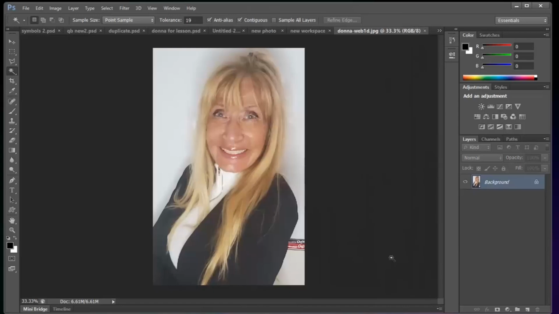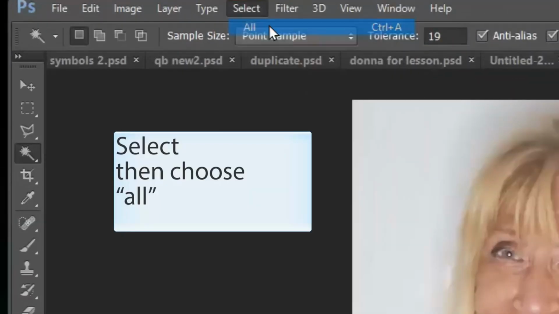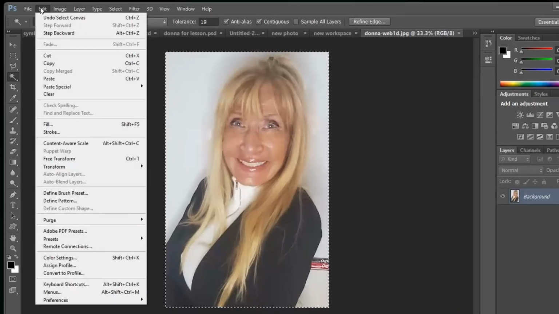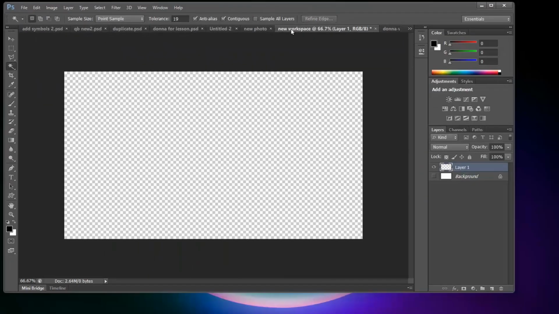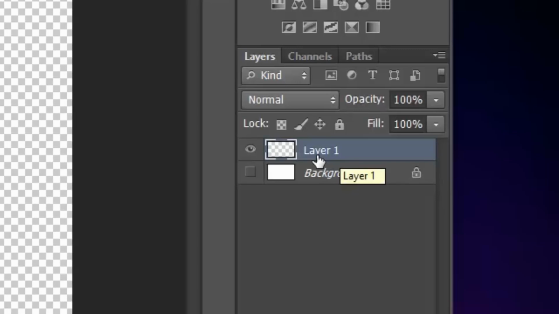So the way to do that in Photoshop is come up to the menu across the top, and you want to do Select All, and now I have a marquee that goes all the way around my photo. I want to do Edit, and I want to copy it. Then I want to come back to my new workspace and make sure that my layer 1 on the right hand side is selected and my visibility is also on, and I want to do Edit, and then I want